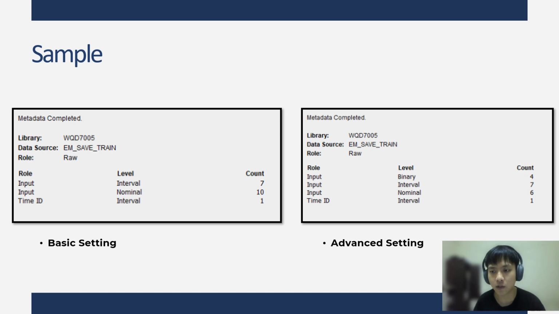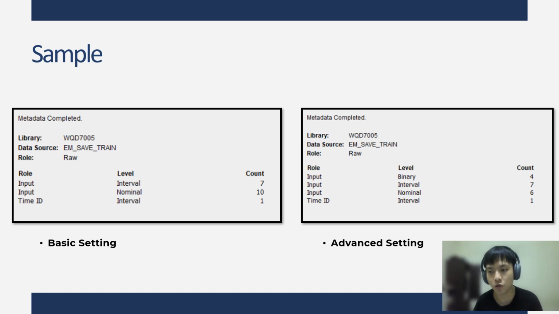The basic setting of the system automatically assigns the measurement level for the metadata based on attributes of variables. In the default basic setting, the data types were categorized as nominal and interval. However, some numeric data was classified as interval, while character data was classified as nominal.